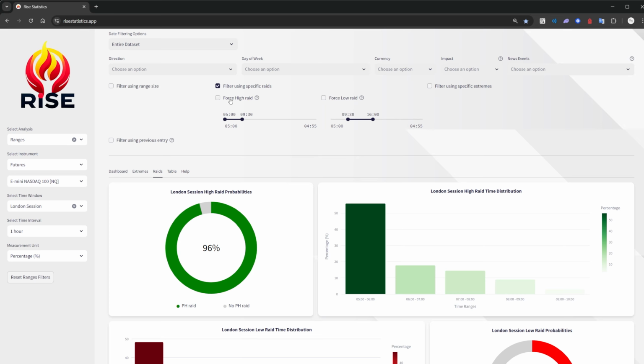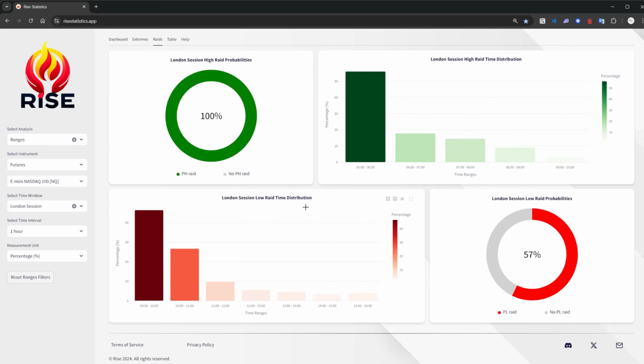And more specifically, we'll see this second thing, which is our little checkbox. As we see here, we only show periods where raids occurred during the selected time window. What does that mean? We want to force it to be a high rate, because if we look here, what is this telling us right here? It says that 96% of the time we raid between 5 and 9:30. I'm not interested in this data. I want to say if that high got taken, so now we'll see this switch to 100%, right? If the high gets taken between 5 and 9:30, what are the probabilities of taking the low between 9:30 and 4?